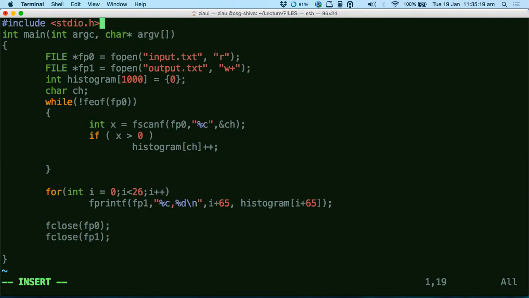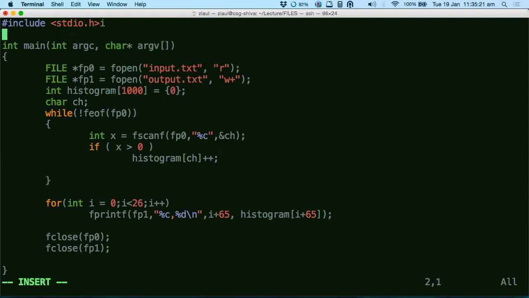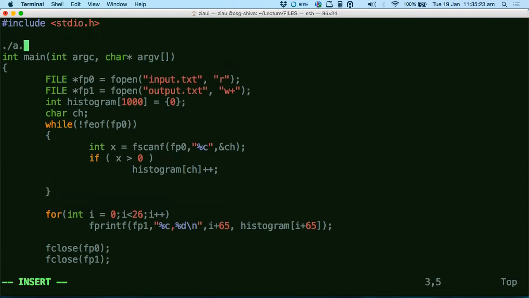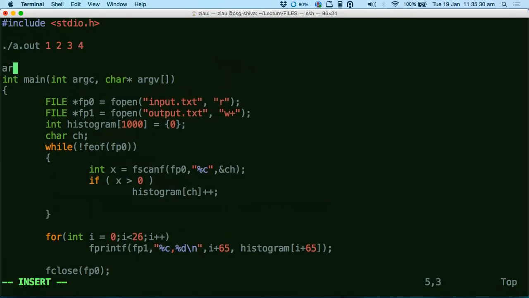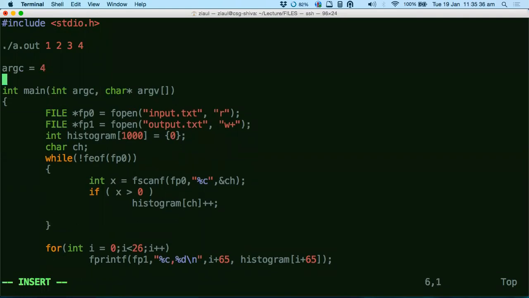For example, if I run my program something like this, a.out, and then I say 1, 2, 3, 4. So how would the ARGC look? Can someone tell me what will be the value of ARGC? 4. And then these values 1, 2, 3, 4 will be stored something like this. ARGV[0] I think stores the name of the program.